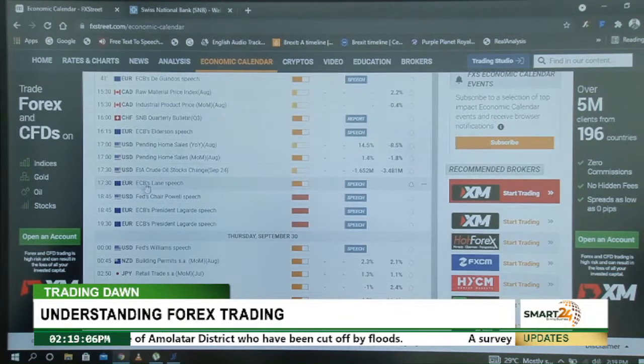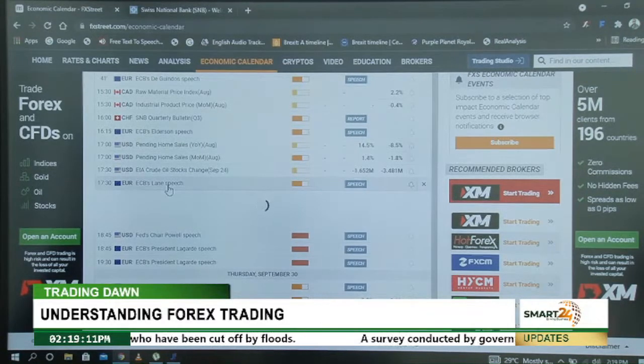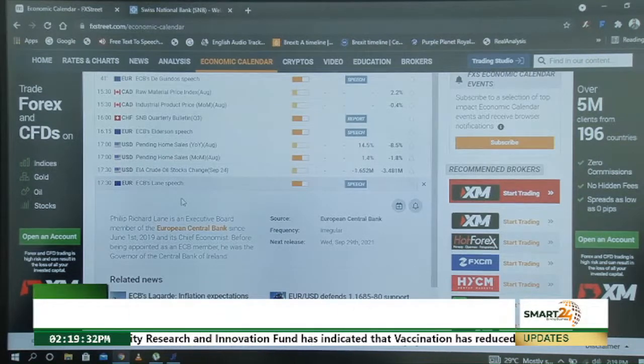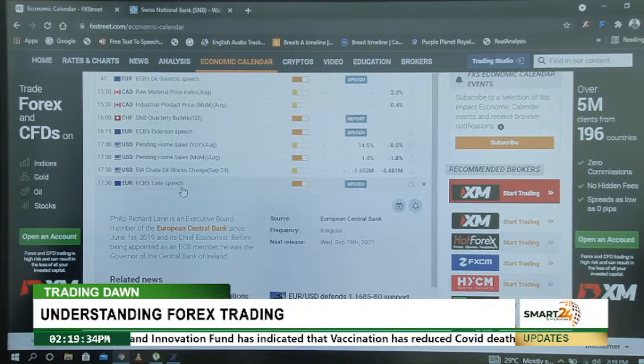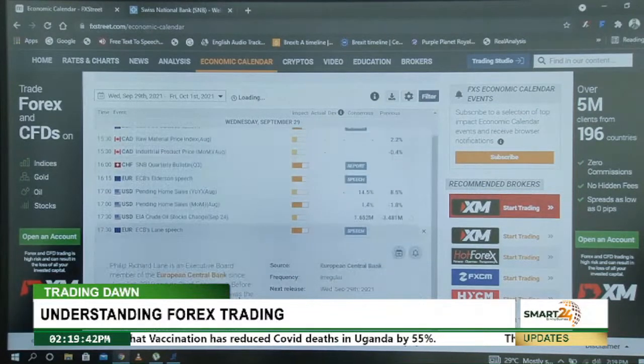Then 6:30, another speech from the European Central Bank. So many of these people are talking, and Europe is not like America. America is a very big country with so many states. Europe is physically smaller, so these events here, they are all within one tight spot, because the land is not as big as that of the United States. They're all affecting one currency anyway, so they are coming from one tight spot.